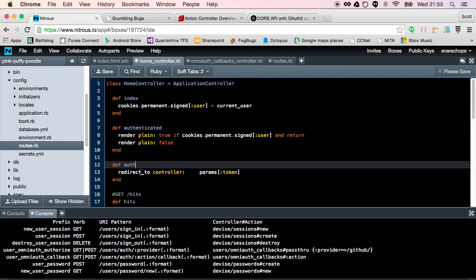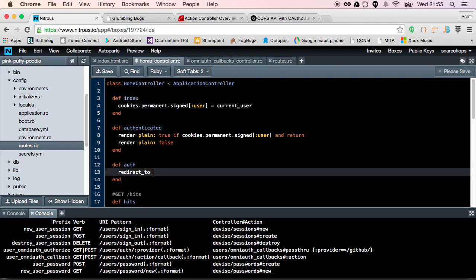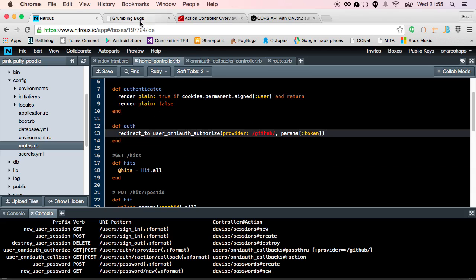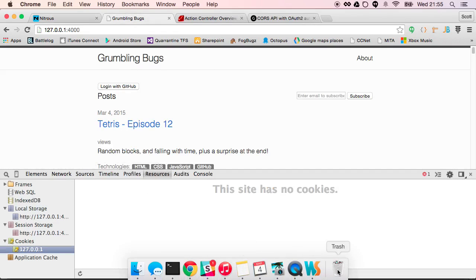So we go back to here and redirect to this URL with our, what was it called? Provider being GitHub, and then I'd like to also pass the token. So params token, and I have no idea if this is going to work. Alright, so we'll give this a shot, and basically what I want to do is